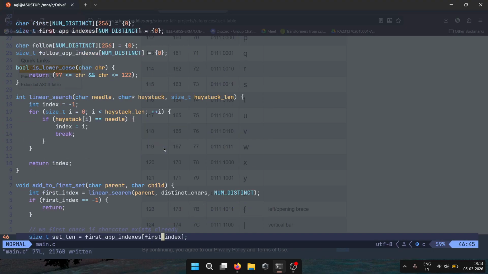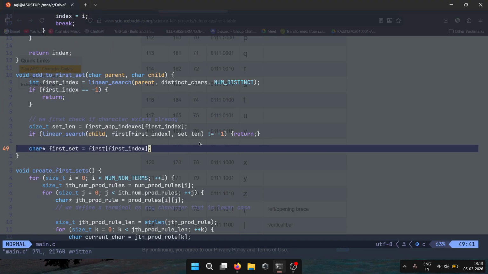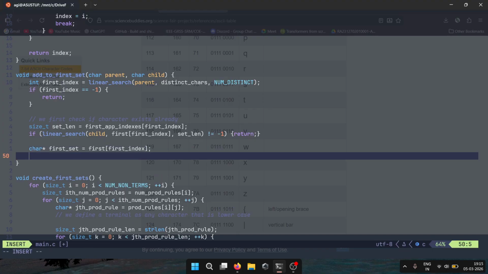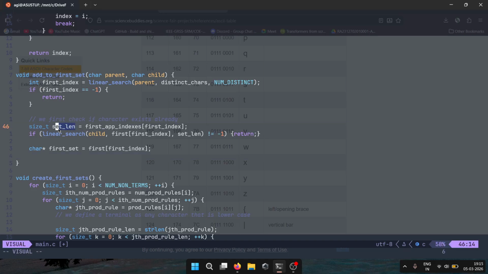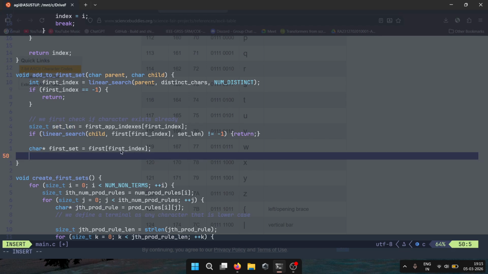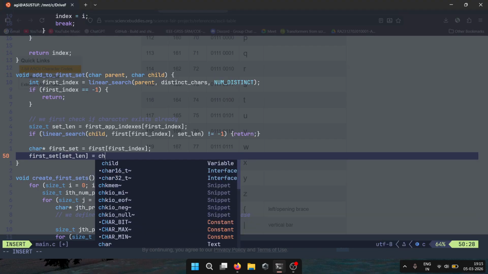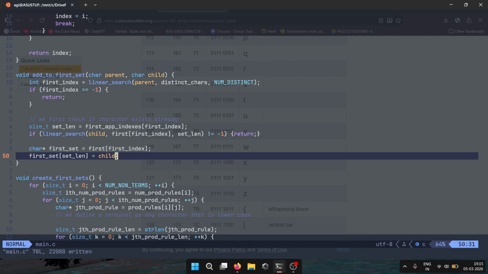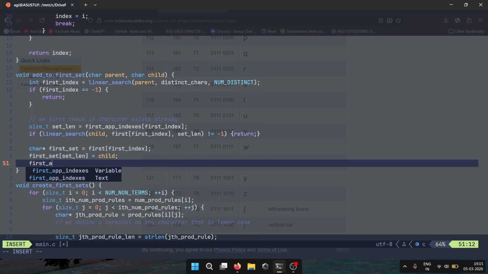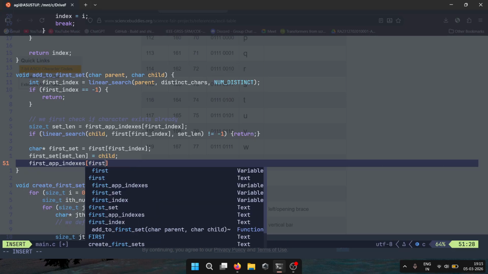Now first set. So the index where we're going to insert, we already have over here, which is set len. So all I have to do is first set of set len equal to child, right? But then now that we've inserted a new element, we have to update our first app indexes. After we append our child, we go first app indexes, first index